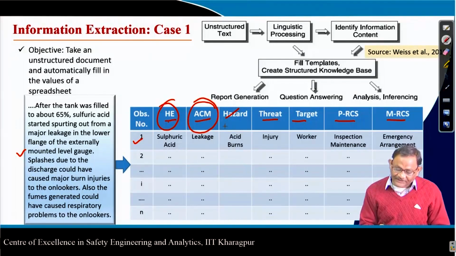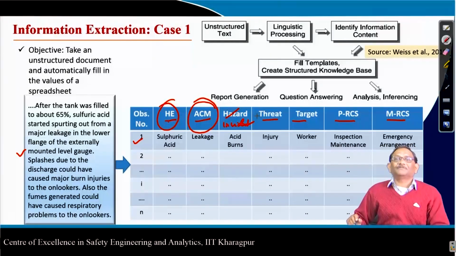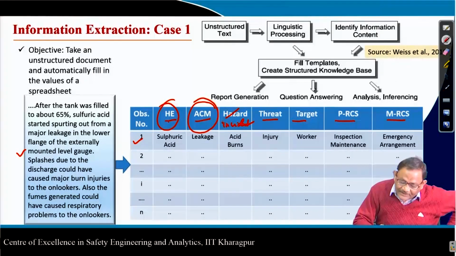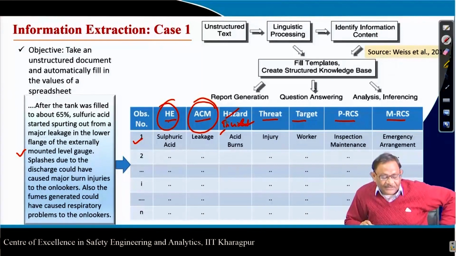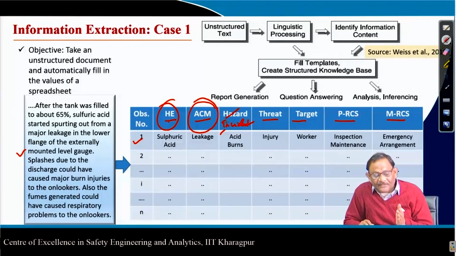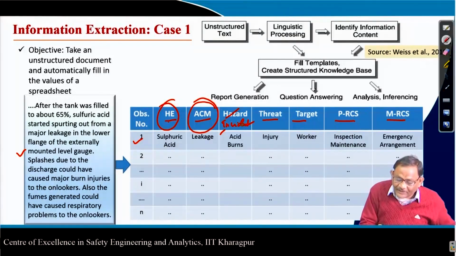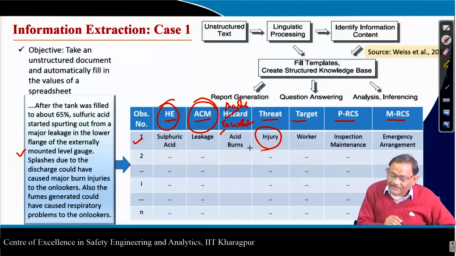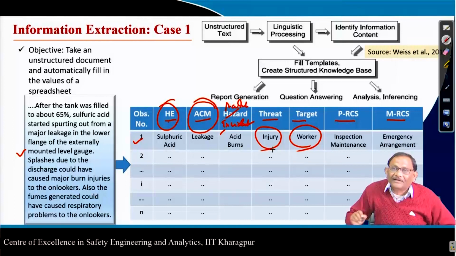Actually this is the incident, what incident takes place. So sorry for this mistake: this is the incident, meaning hazardous element, incident causing mechanism or accident causing mechanism, incident or accident. Then if that incident or accident happens, what is the threat, who are going to be affected, like this. So in this manner